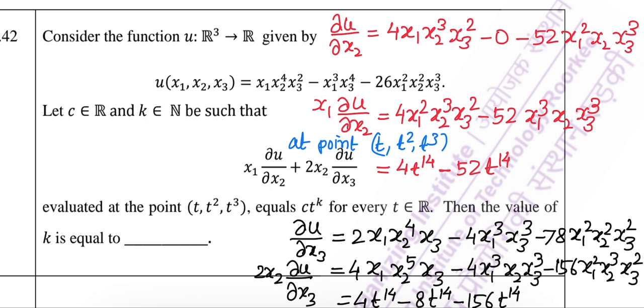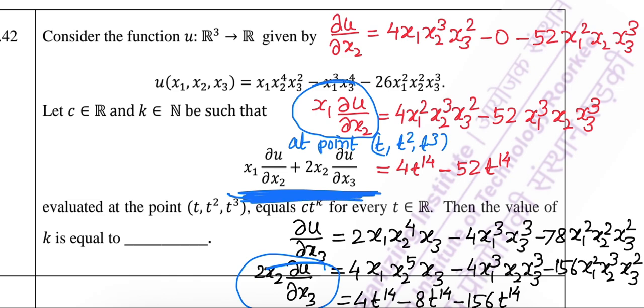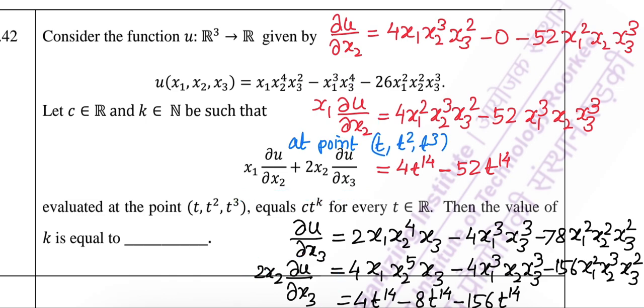Now according to the question, we have to add this term with this one. Then we have the expression given in the question, but there is no need to add that, because if you observe